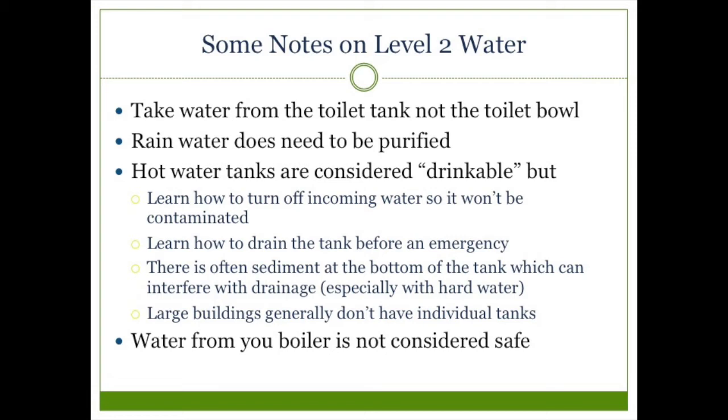The toilet tank is pretty clean water. The toilet bowl is not. Rainwater does need to be purified. If you have a rain barrel that catches water on a regular basis, that's great, and that could be a significant source of water. Even if you don't, during an emergency, you might be able to rig up something to